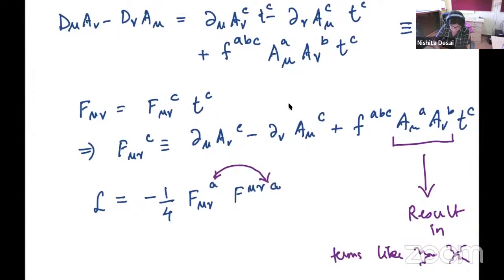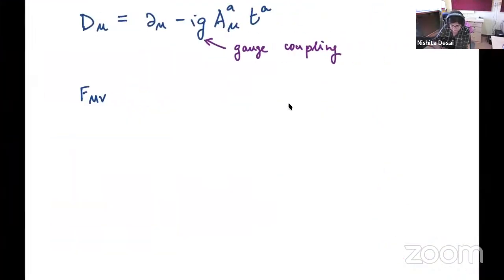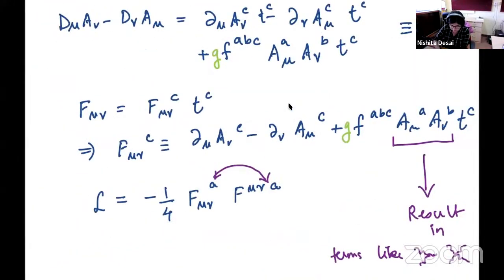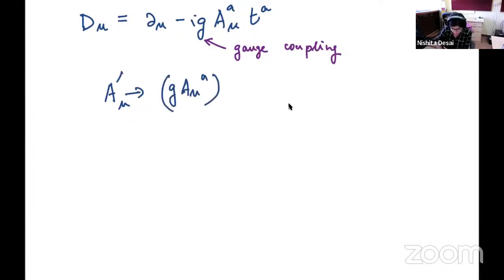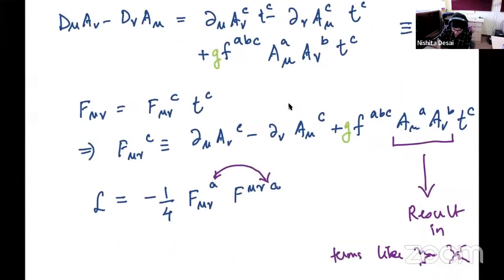So that corresponds to having a g here. So when you write it like this, you get a g term here, and even if you redefine your A_mu's to absorb this g, so let me call this prime,